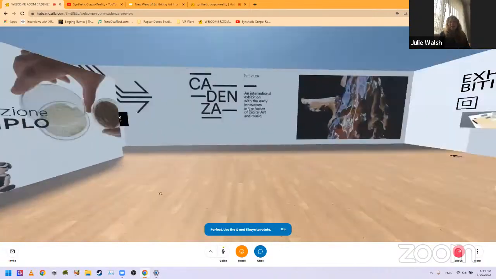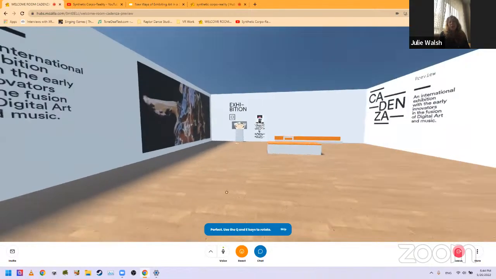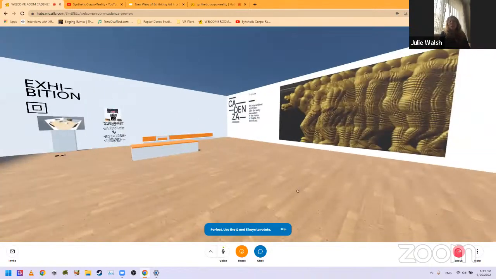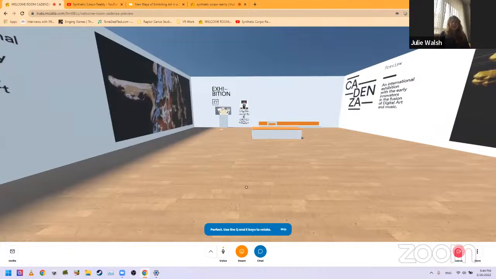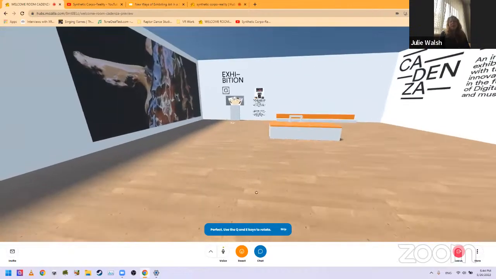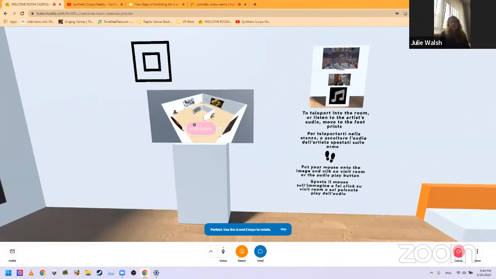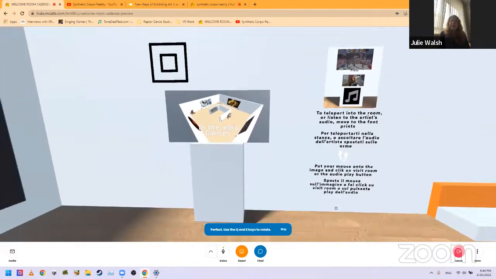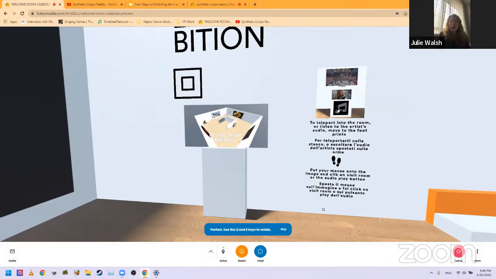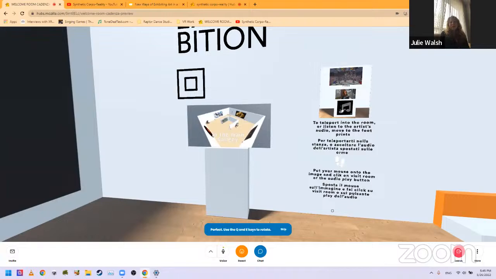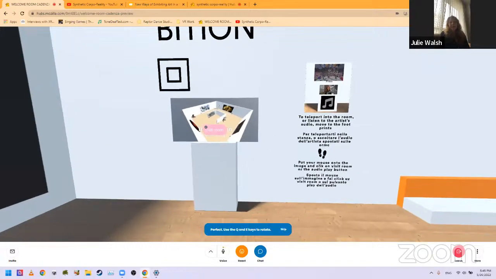Michael and I did a workshop together on how to identify what platform would best fit your needs to have an exhibition. And then at the very back, on either side, we have some text about the exhibition. And then on the very back, you would teleport to get into my Cadenza show. My Cadenza show is actually an exhibition that I'm going to be doing at the Meet Digital Culture Center in September. And it's a preview of what's to come.